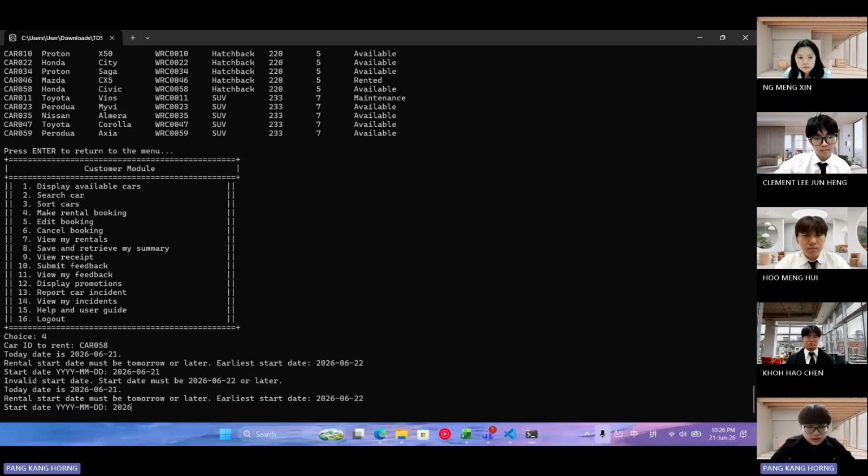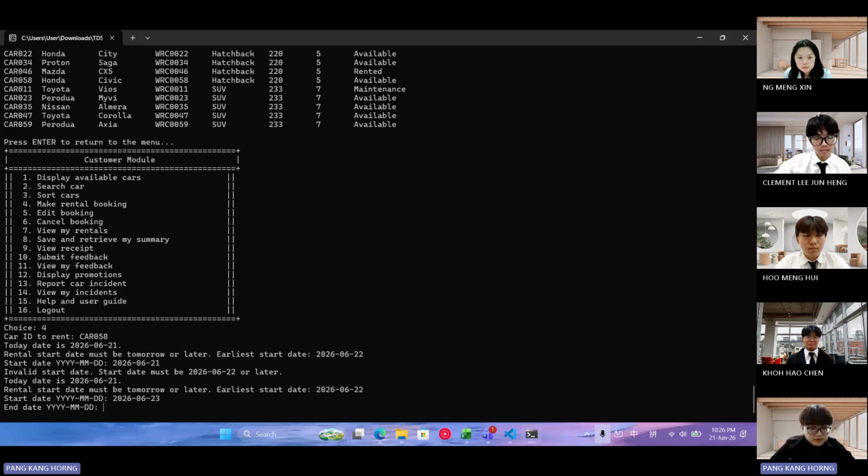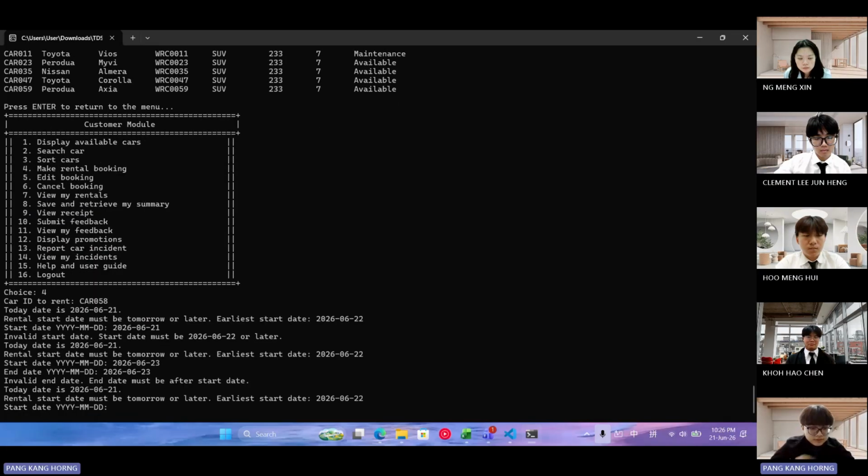So now we try another date. We use 2026-06-23. Now you can see it asks you for the end date because this date is available. So we type the end date. If you type the same date, it will say invalid end date because the end date must be after the start date.